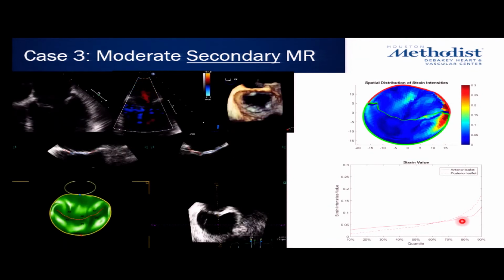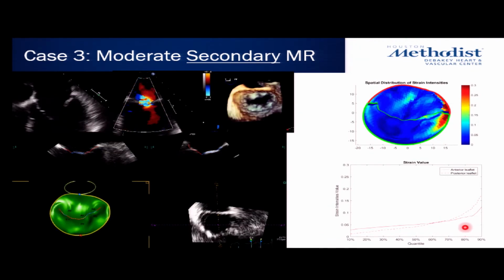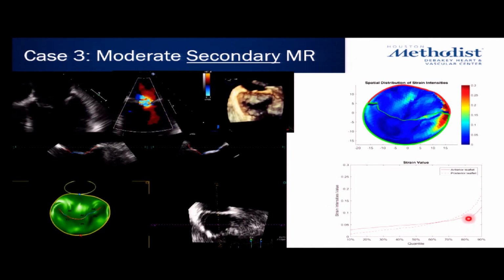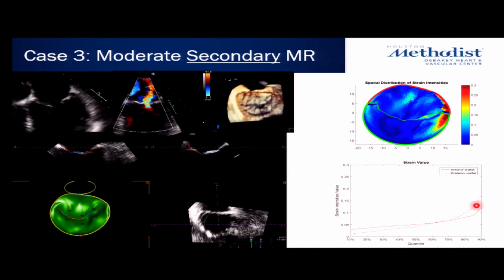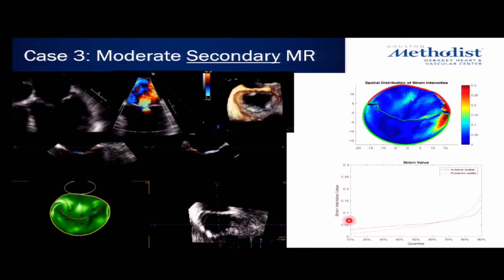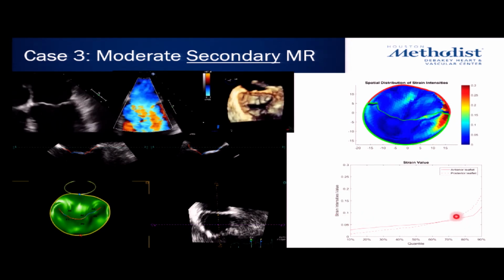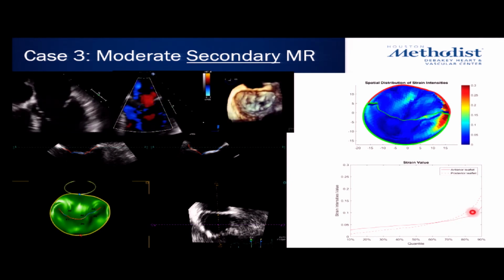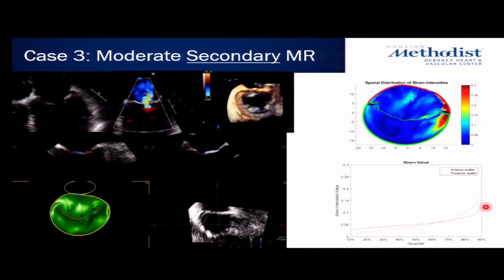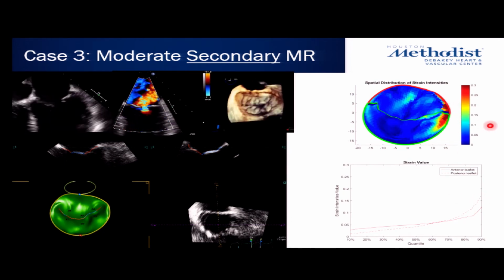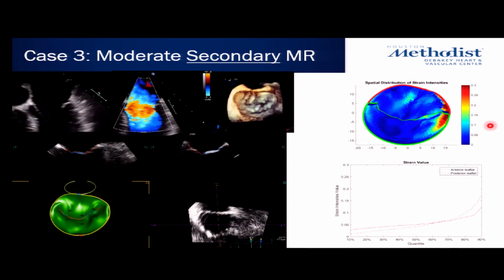That's what I was mentioning before: when you go up to the 80% quantile and up, the strain values go up, which means that 80% or below of these leaflets have almost, I don't want to say normal strain, but low strain values. But you reach an area that is maybe 20% of the leaflet surface that has a higher strain value, which reflects this area here, which is at the medial commissure.